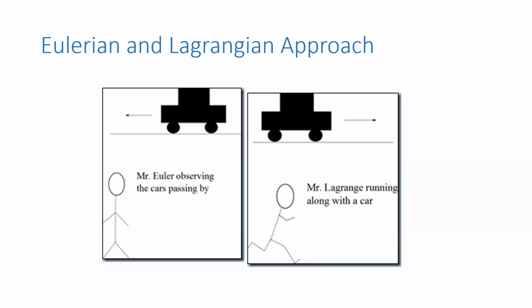And next approach, now assume you are Mr. Lagrange and also want to understand the motion of the cars passing by the streets in the terrain. Now, as this task can be carried out in many ways, and since you are a teenage assistant professor, you decide to run along with the car from one point to another instead of standing like your old friend, Mr. Euler. So you follow the car at every point along its journey and you can trace the path taken by the car. This method of observing the property of an object in motion or deformation is called the Lagrange method.